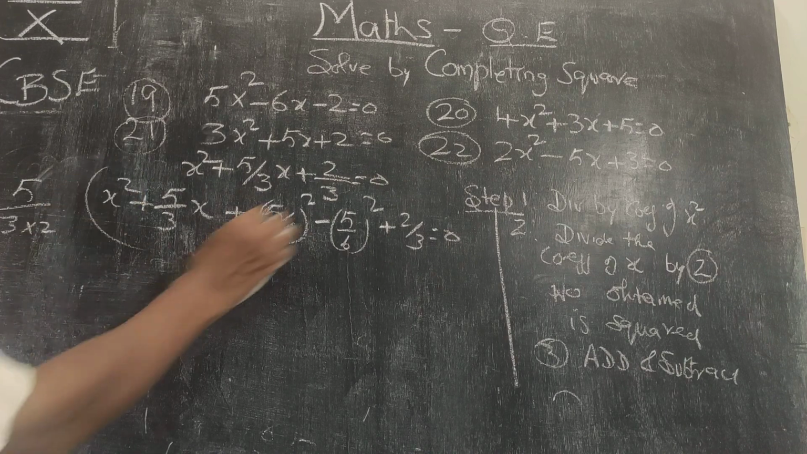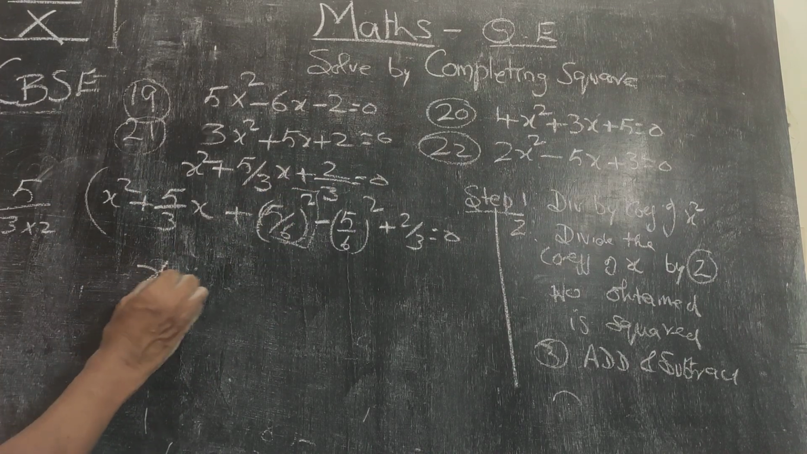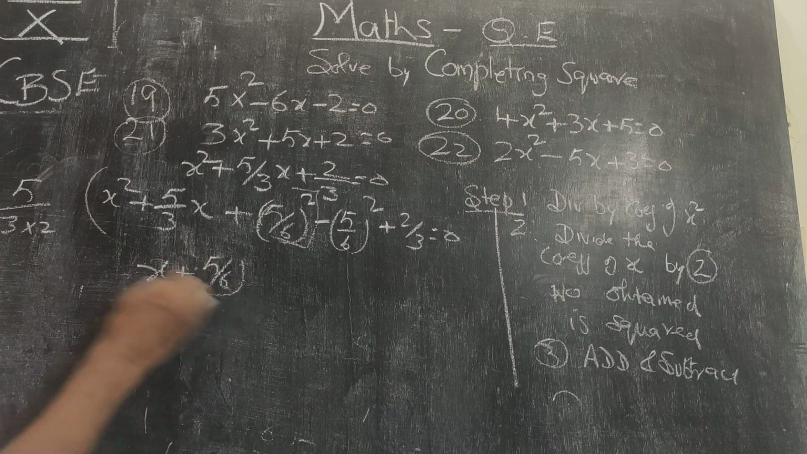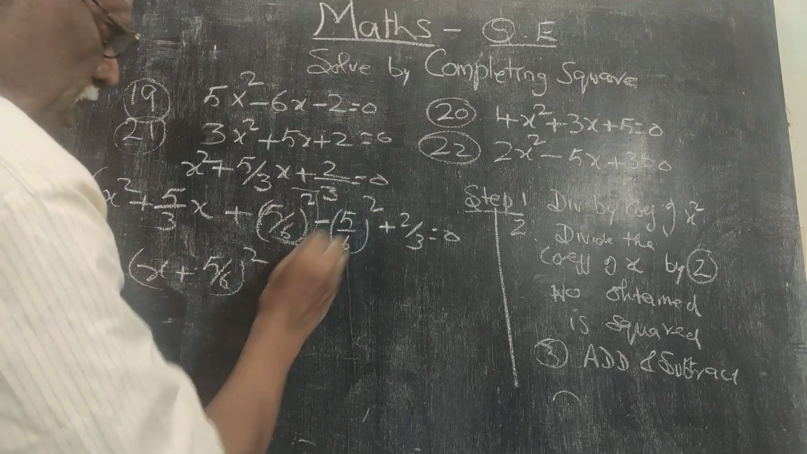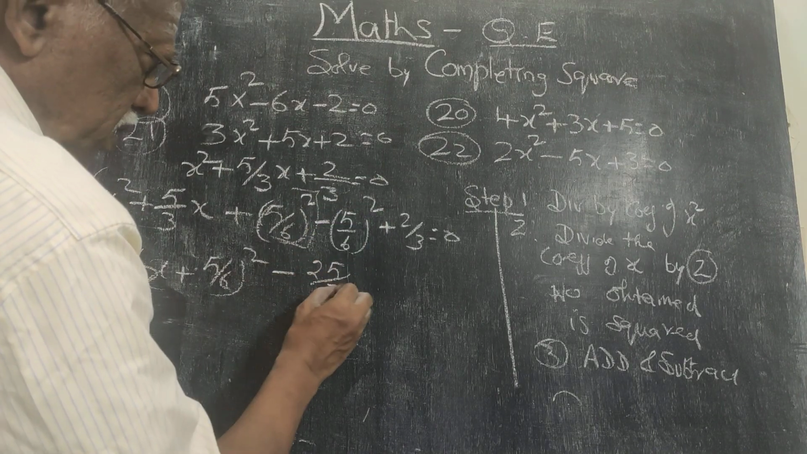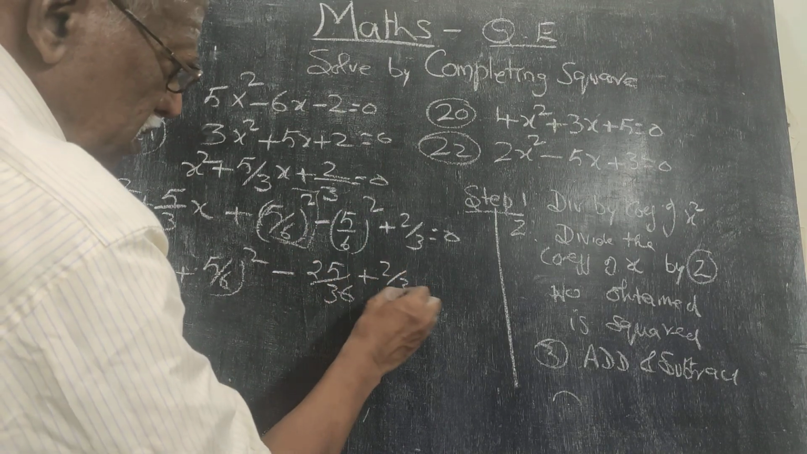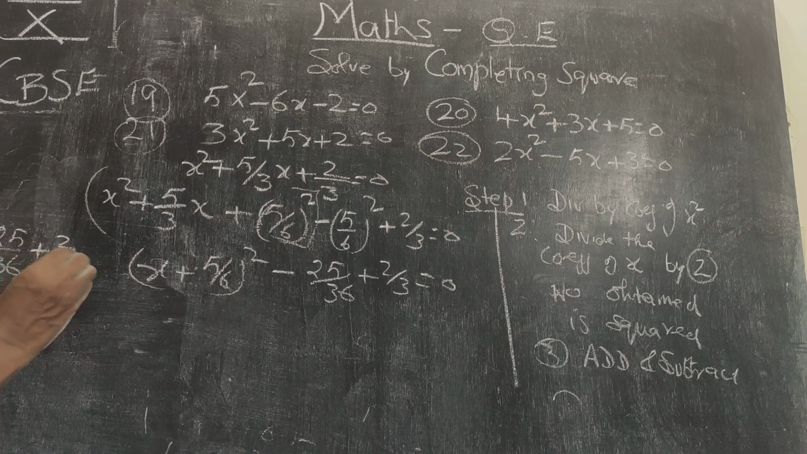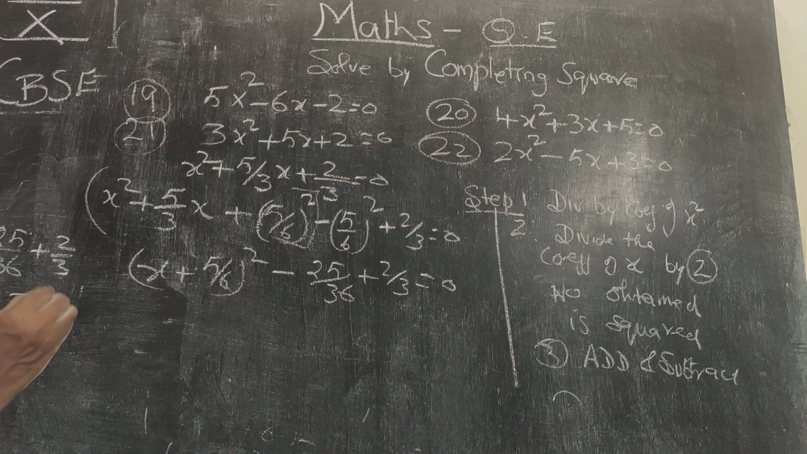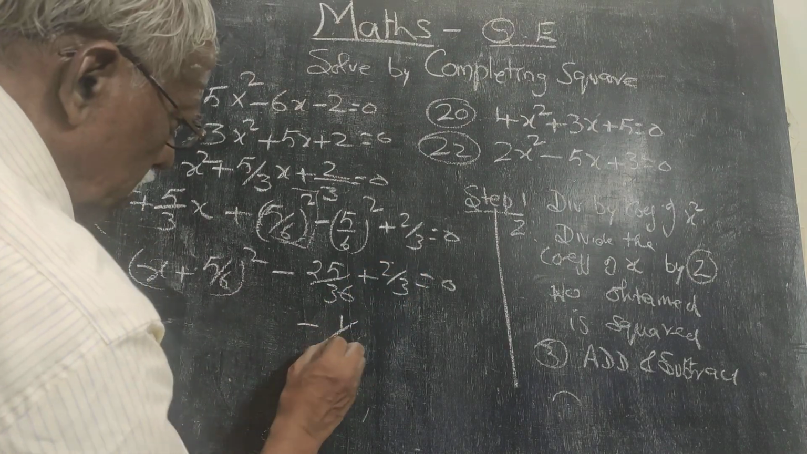The result is that up to this is x plus 5 by 6 the whole square. You can check that with the x square plus 2ab plus b square term. Now coming to this one, this is minus 25 by 36 plus 2 by 3 equal to 0. That part, minus 25 by 36 plus 2 by 3, 36 LCM, so this is minus 25, 3 12s are, so 20 plus 24, so this becomes minus 1 by 36,